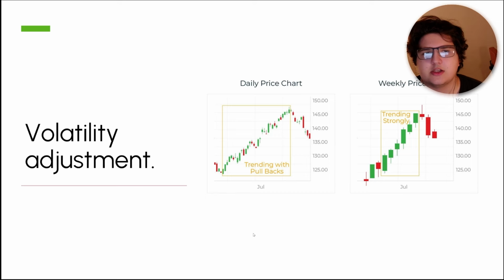Lastly, we have volatility adjustment. Static parameter values can be very detrimental in markets where volatility changes, or markets that are highly volatile. The key lies in adopting a dynamic approach, or at least from what I found, by incorporating volatility measures like the average true range, for example, into your parameters. Our strategies can adapt to changing market conditions. This dynamic approach helps us navigate periods of heightened or subdued volatility, also potentially reducing the risk of overfitting to historical noise. When you just have a static parameter, so let's say you had a 10 tick stop